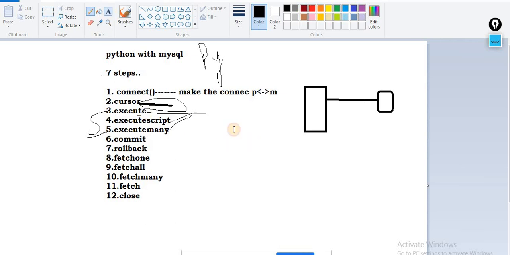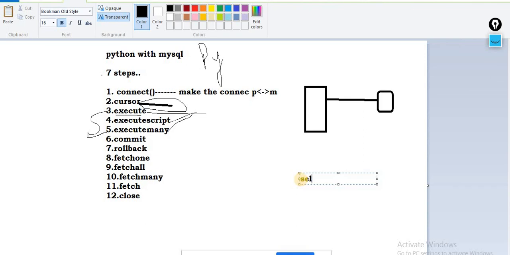For example, I want to execute this query: select star from customer. This is my query that I want to execute on this data set. How can I execute it? With the help of this cursor. For executing a query, you have three different patterns. The one is execute, the second one